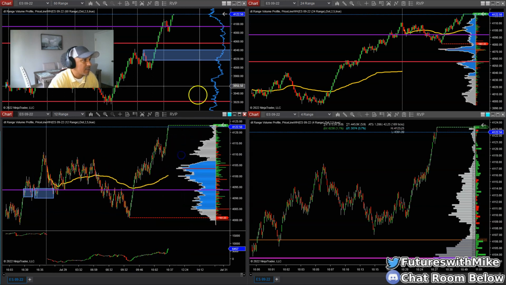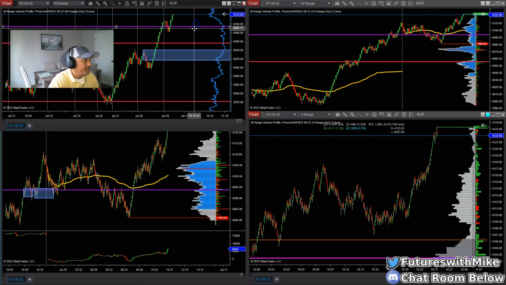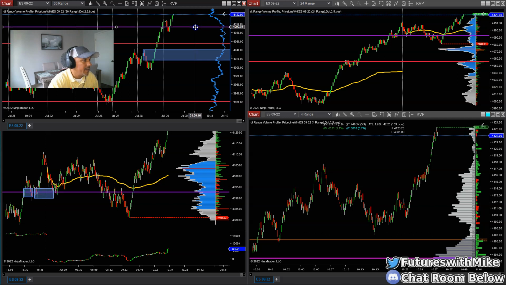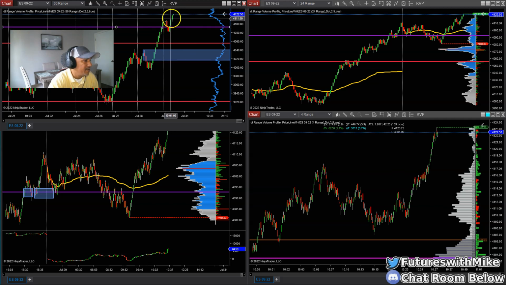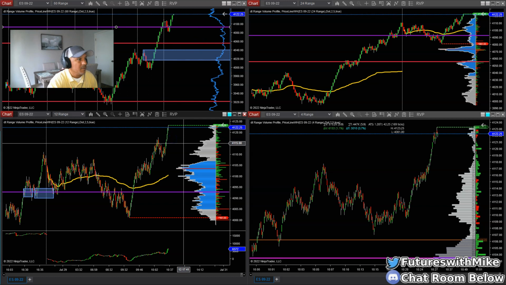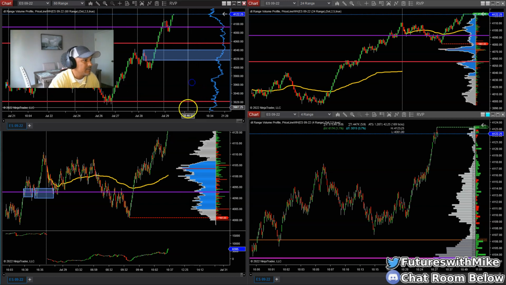So now what I would be looking for, to be honest, would be if price comes back to this area right here. If we got a pullback to this area off the 60 range, this demand zone right here, because there's a lot of buying that came out of here, then I'd be interested, which is in this area right here on the 12 range. That same purple line is that purple line right there. I don't know if that's going to happen anytime soon.